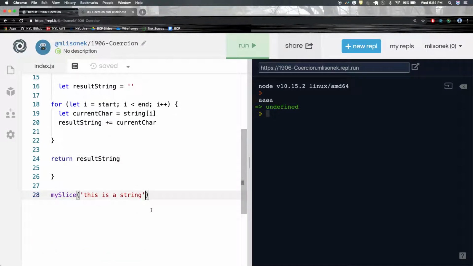So if you call my slice with that, you just get this as a string, right? If you say start at 3 and don't pass in an end index, we'll start at the S, you know? And if you do give it an end index,